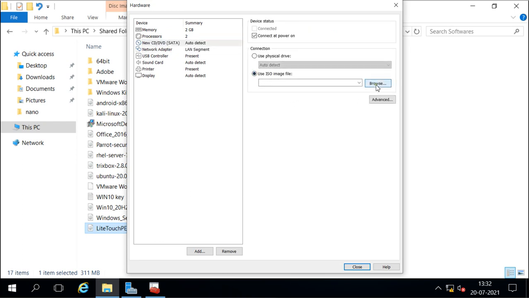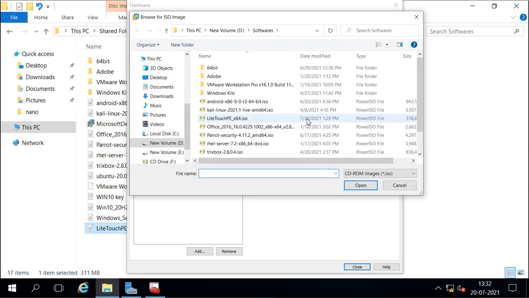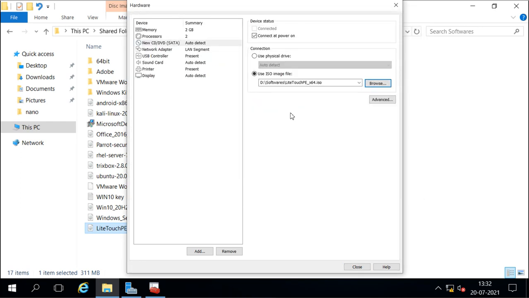So this is the file which I have created. This is light touch 64.iso. So I'm going to boot this virtual machine from this ISO file, and it will start the booting process, and it will connect to the deployment share to get the installation image files and applications and everything. So I will start the machine here.